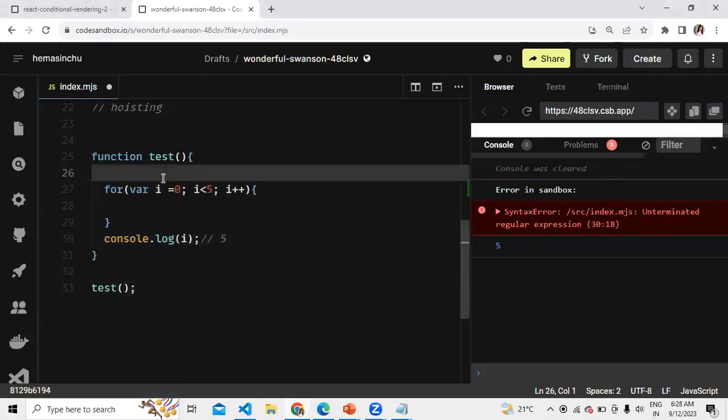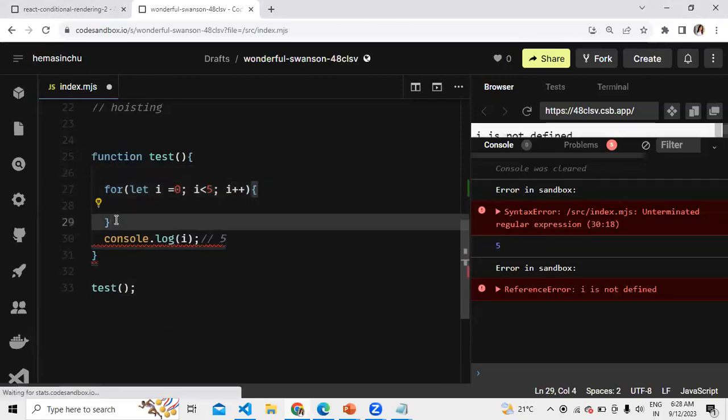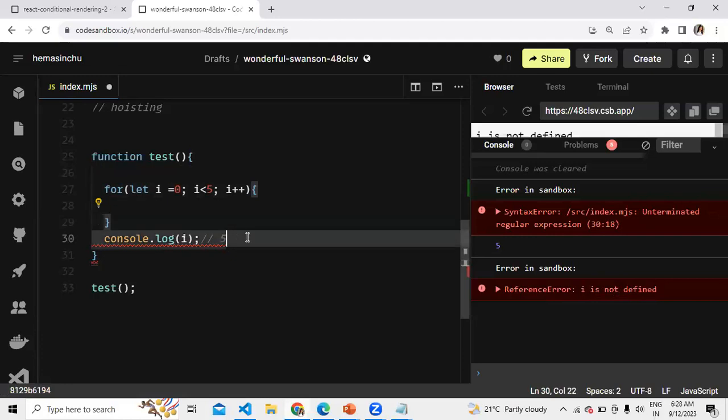Now let's say in this case I use let, and I'm trying to access the same variable just after the for loop. It says i is not defined. For let, it says it is not defined.